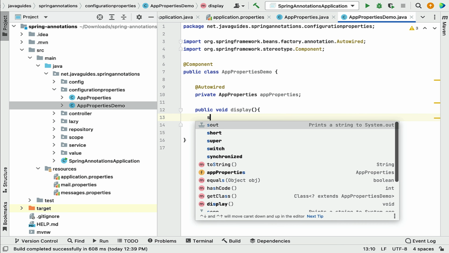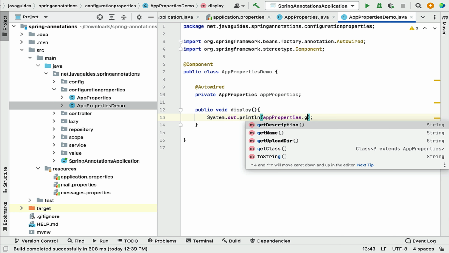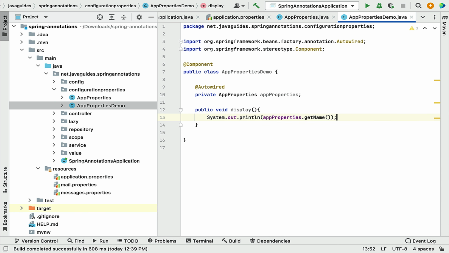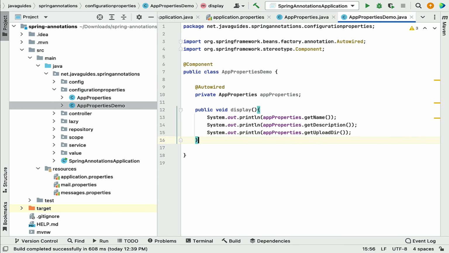Alright, and let me put the System.out.println over here, and then appProperties.getName, and then let's put System.out.println, and then appProperties.getDescription, and then System.out.println appProperties.getUploadDirectory. Perfect. Next, in order to test this, we will retrieve this Spring Bean from the application context, and then we'll